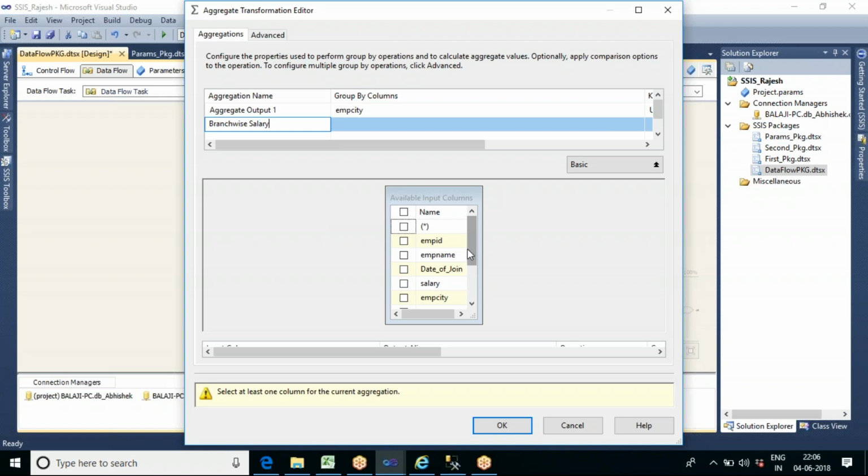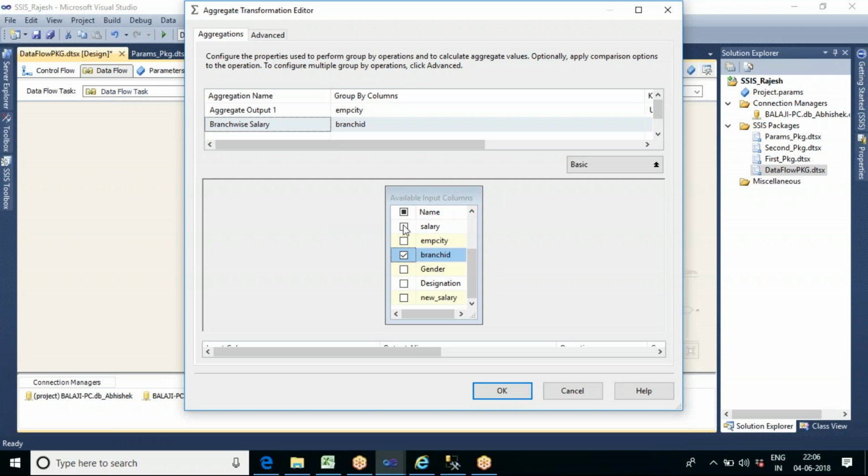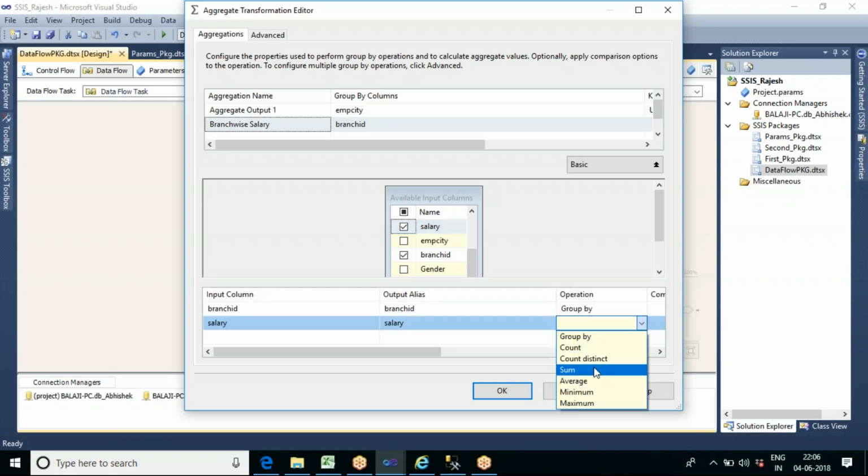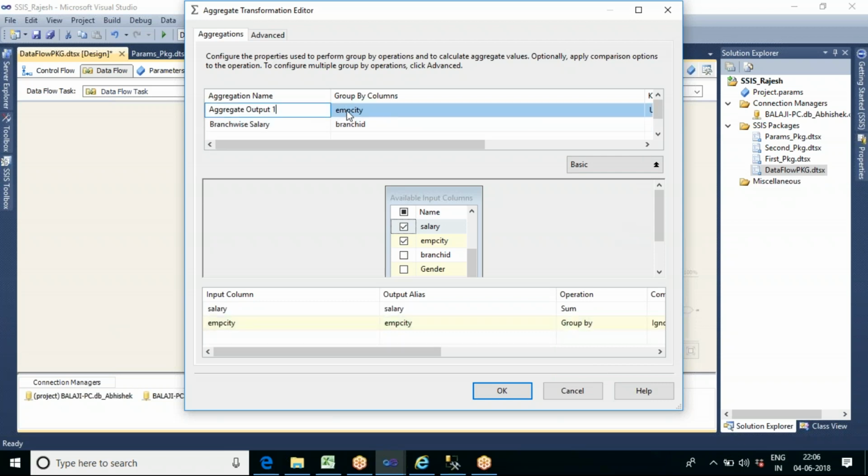If you want to see the branch wise salary, let us select the branch ID column and salary column. That's it. Under this you can select the sum of salary. Now for the city grouping, let us give the aggregate name as city wise salary.